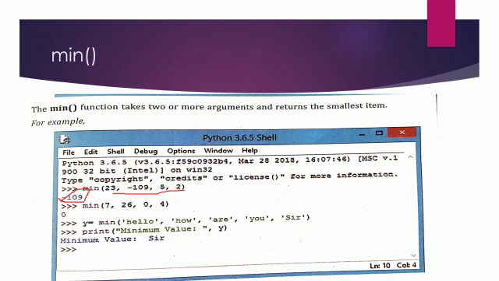Again you can see y equal to min of "hello", "how", "are", "you", "sir". So what it does is, here "sir" is given as the answer. You know, each and every letter in English, the capital letter and the small letter, has an ASCII code, which you have studied in plus one. You haven't memorized it, but even then you know the fact that each and every alphabet in English, capital and small letters, has its own ASCII code.